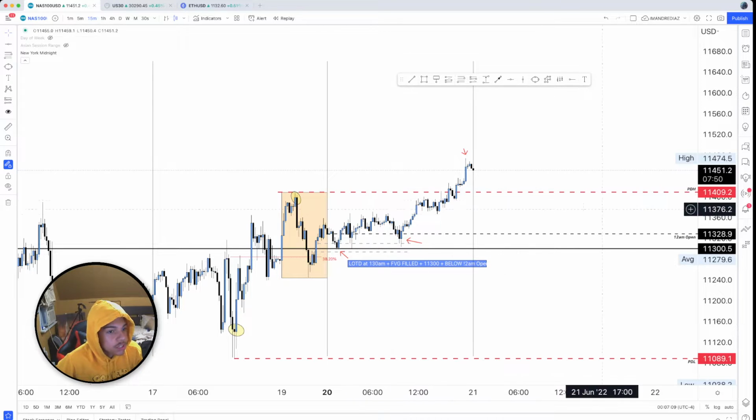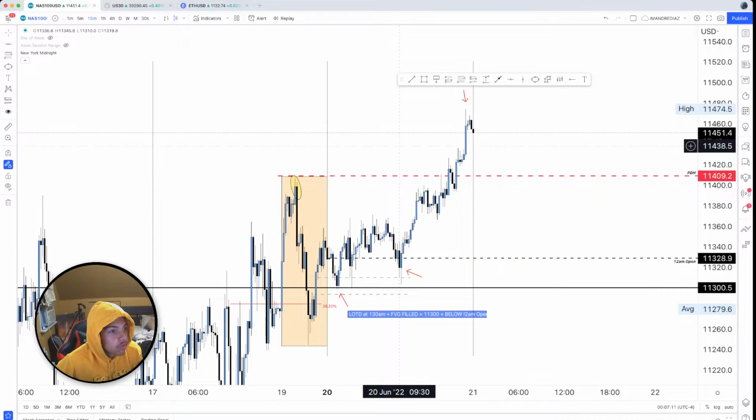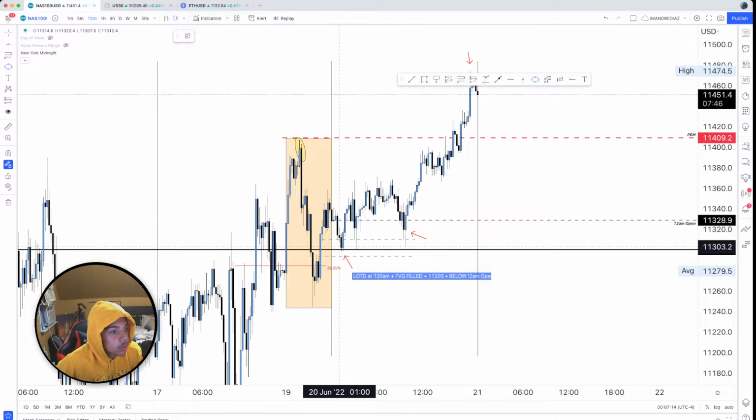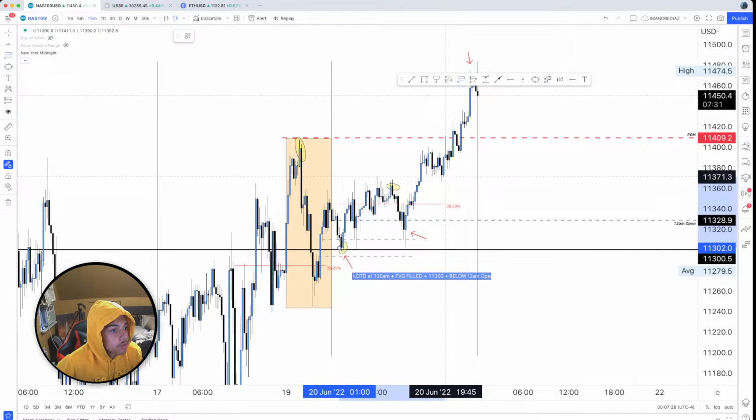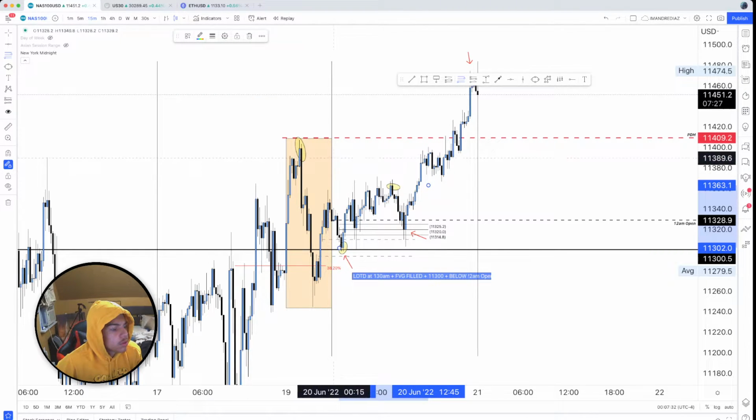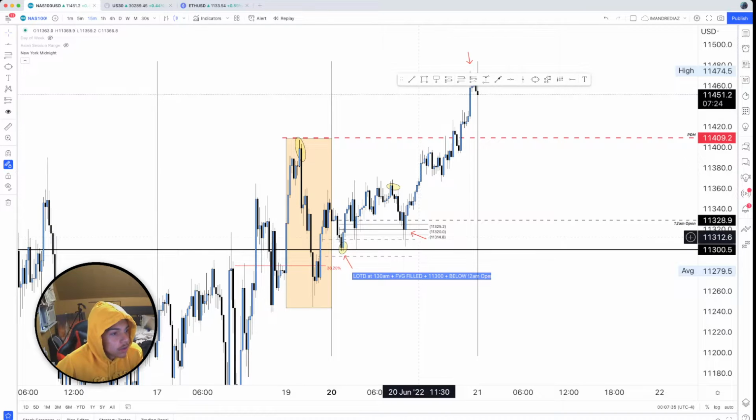Second area I want you guys to pay attention to is going to be right here. So this is the low we just annotated, the low of the day. The next area I want you guys to pay attention to is this high. Why this high? Because this low and this high is the current range in which price came into when it retraced right here. So what I'm going to do is simply from that London low, pull your fib to that New York session high, and what do you see? Price held this fib long and also came back into this fair value gap one last time at 9:30 before price eventually pushed and then went to clear